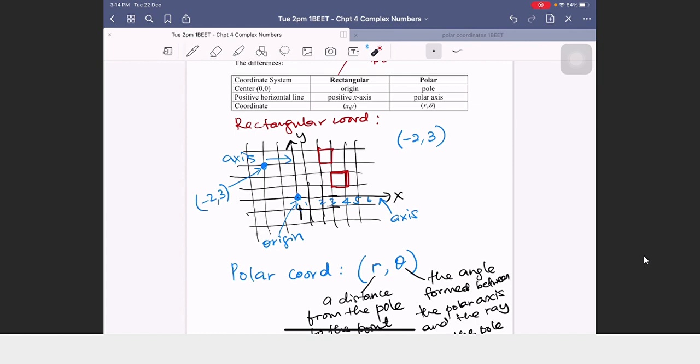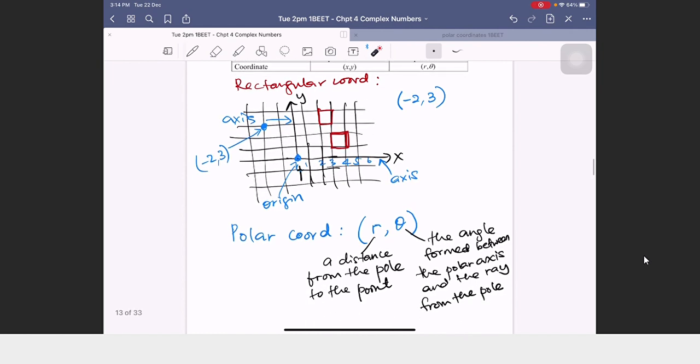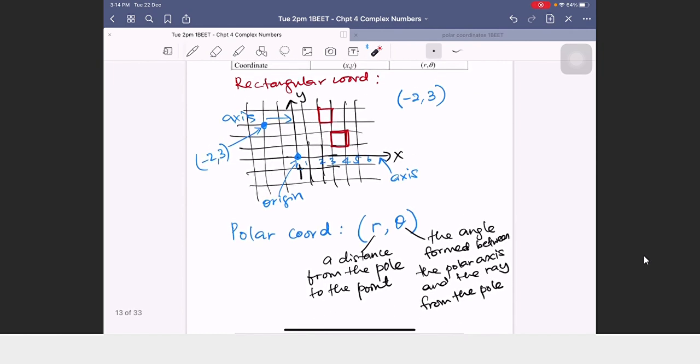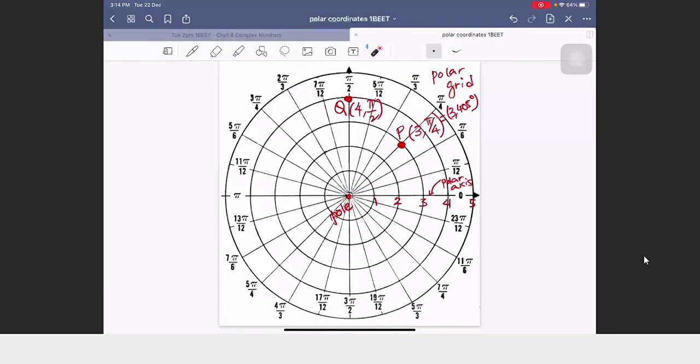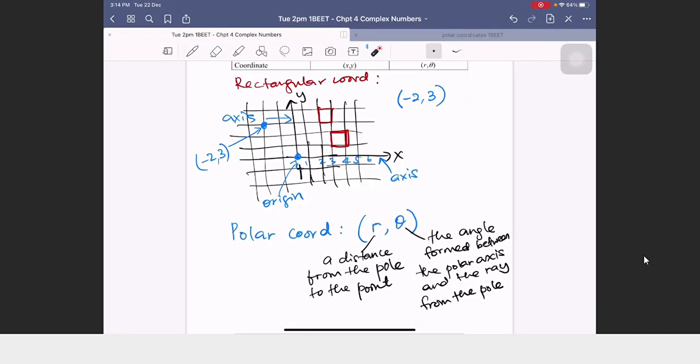Just to show you how we actually plot polar coordinates without a polar grid. This is a polar grid. If you are given a polar grid, it's easy to plot. But what if you don't have a polar grid? Let's say you just want to plot a polar coordinate on your paper. Similarly to our rectangular coordinates, if you don't have a graph paper, when you want to plot for example